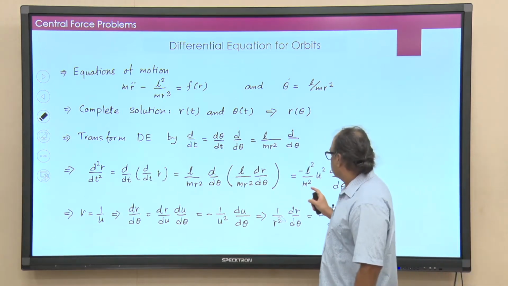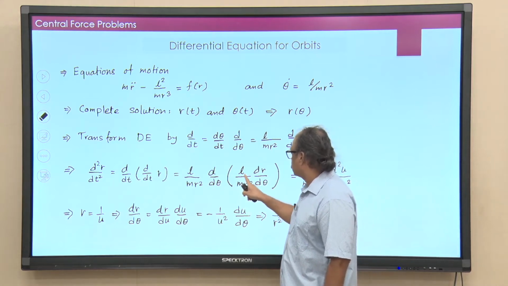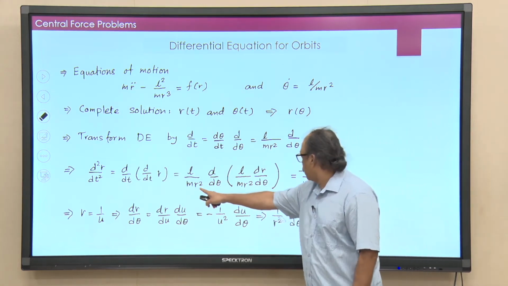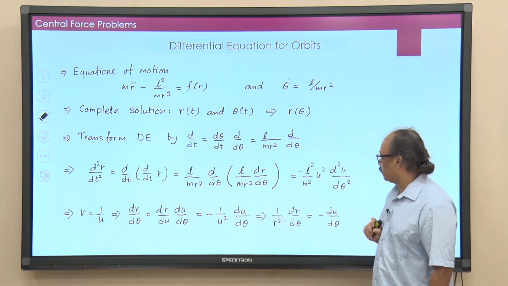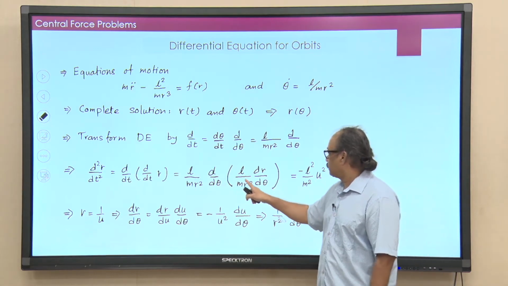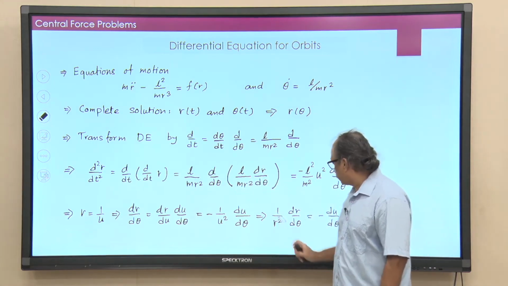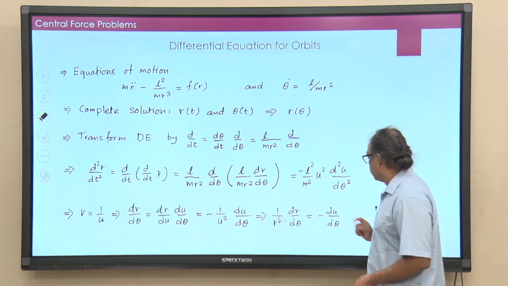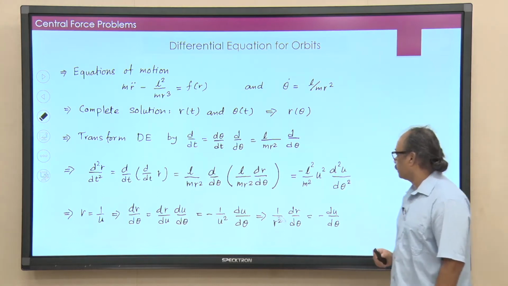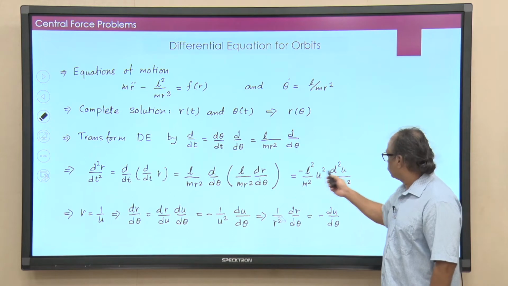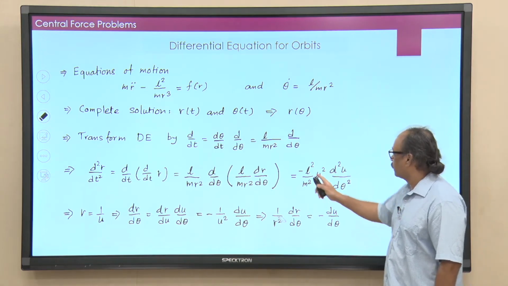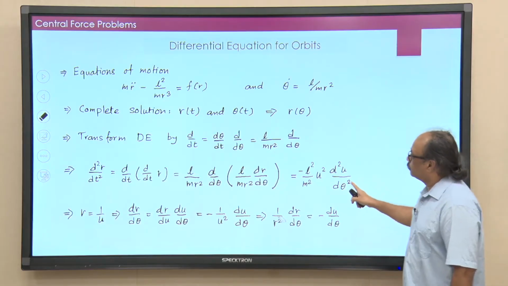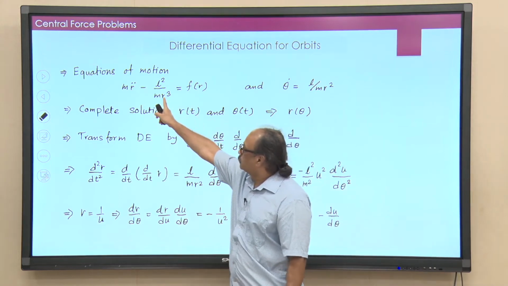Now, first thing I will do is, L and m are constant. So, I will pull them out. So, that will become L square by m square, and then you have r square, which becomes u square in the numerator, and then you have d by d theta, and now you have 1 over r square dr by d theta. So, there is a 1 over r square dr by d theta, and this is exactly equal to minus du by d theta. So, that I will put back here. So, that comes to the second derivative of u with respect to theta into all this factor there, and this is what I want to put back into this equation here.